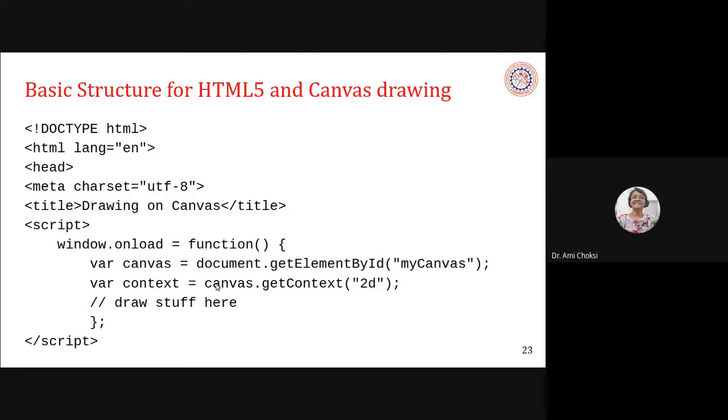That is canvas.getContext of 2D. That is, we want to draw two-dimensional figures, right? Two-dimensional surface we are having, on that we will be drawing basic shapes, right?